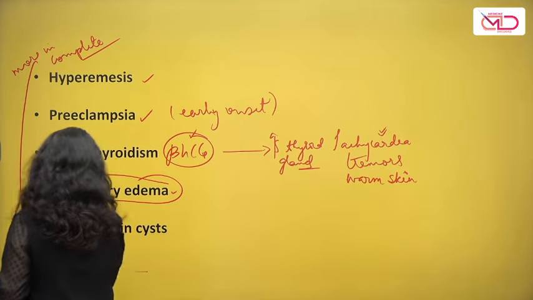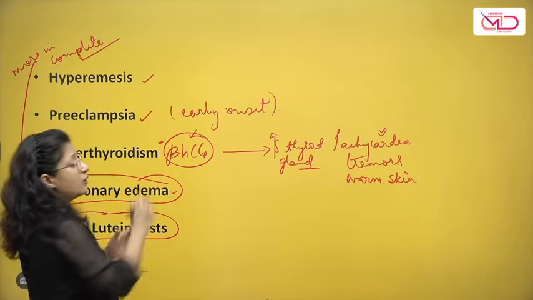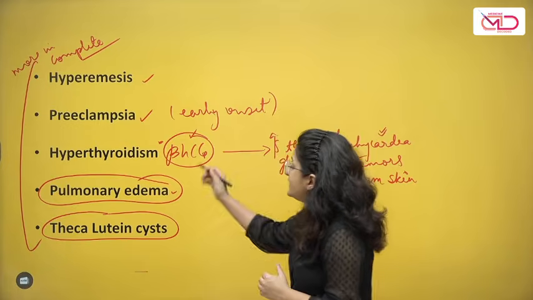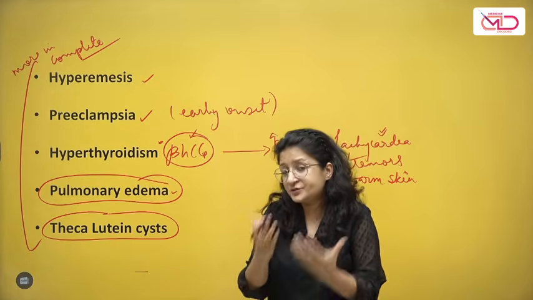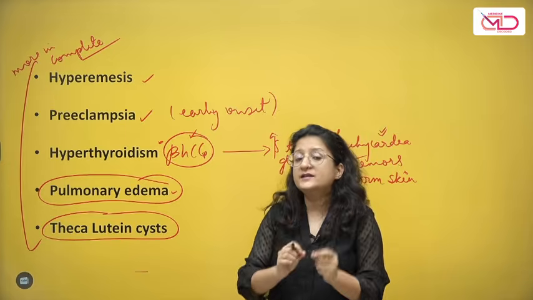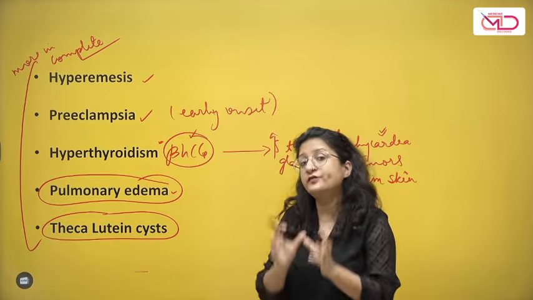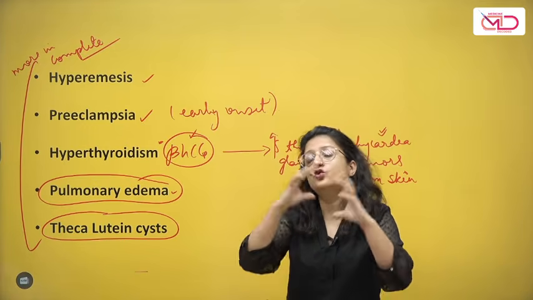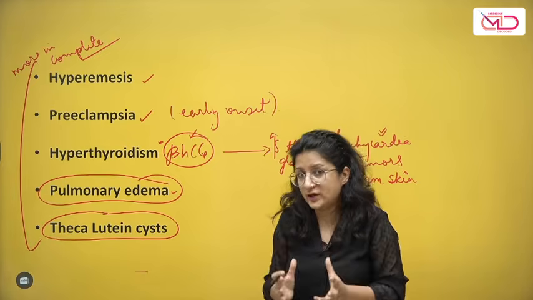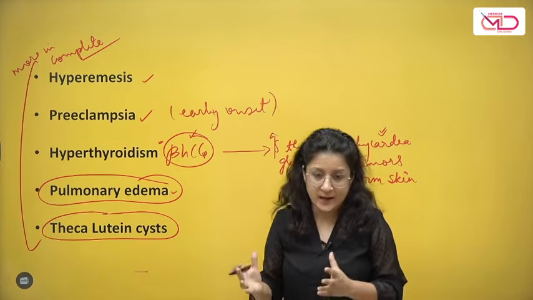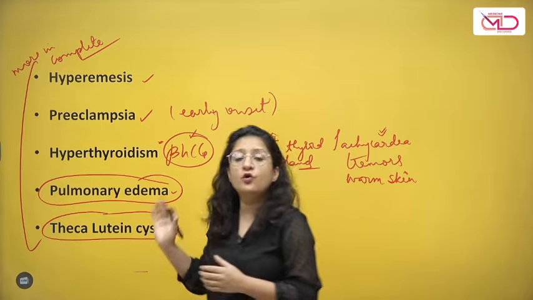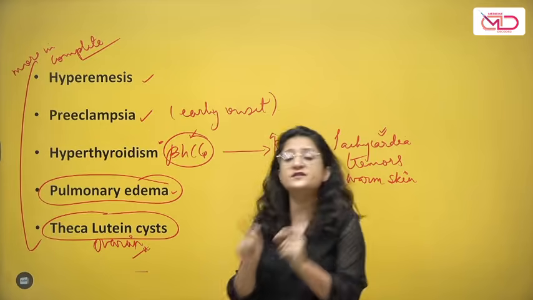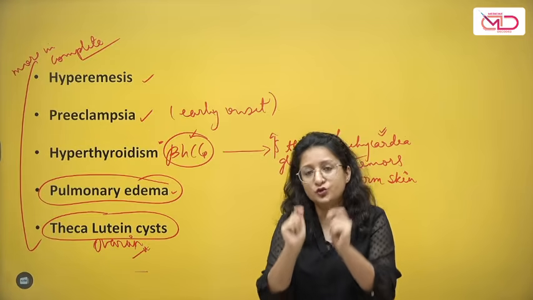And then you can have theca lutein cyst. Now this beta HCG also acts like the LH hormone, it is structurally similar to LH hormone, and because of that action similarity, it can stimulate the theca cells of the ovarian follicles and make them grow, right? So that can lead to theca lutein cyst formation in the ovaries. Usually they are bilateral, right? So bilateral theca lutein ovarian cysts, these are ovarian cysts, again happening because of excessive beta HCG stimulation to the